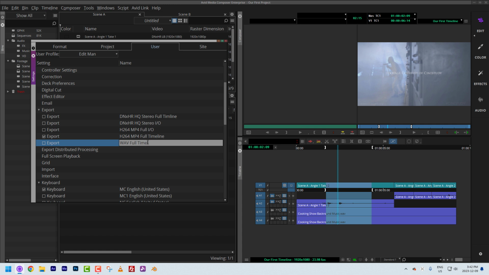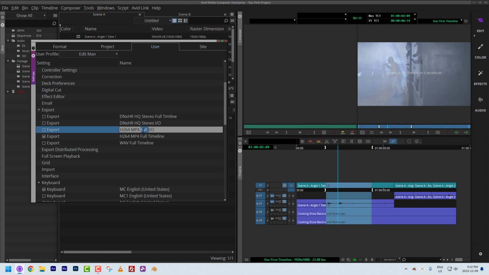Now, I did notice here that I did call this Full I/O, which I should have just called Stereo I/O. That's Full Timeline. This should have been Stereo Timeline. But the beauty part is you see that you can actually, Stereo I/O, that's fine. Full Timeline should have been Stereo Full Timeline. There we go. But you'll see that this is actually a much easier way than doing it from the export window, doing everything here. Again, I'm simply going to take my Wave Full